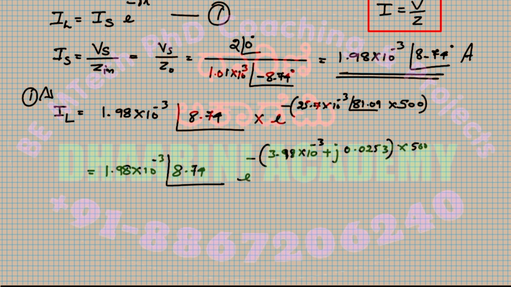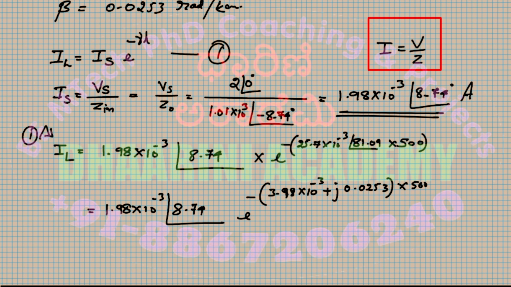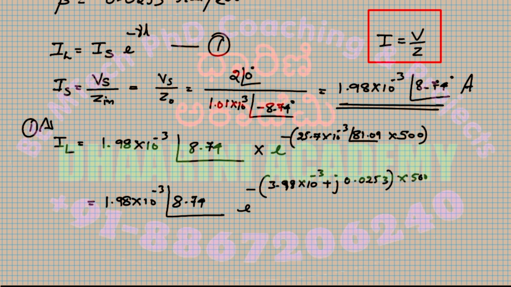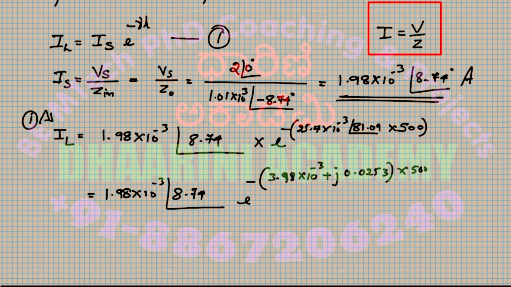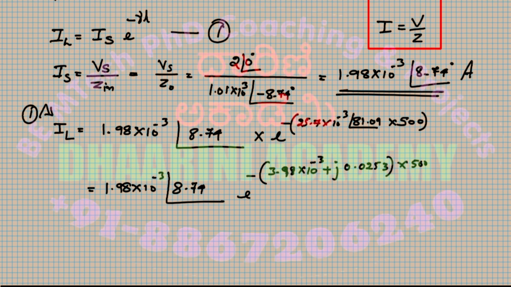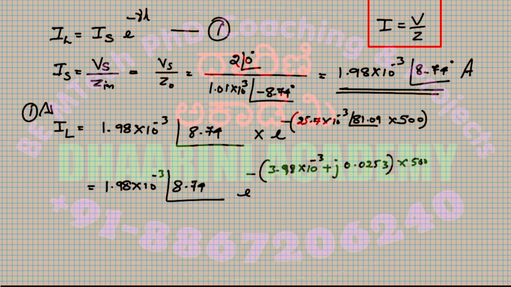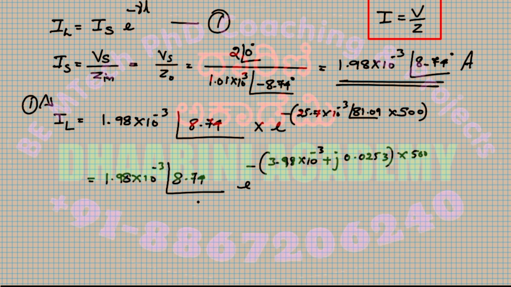Just to solve this problem, I don't need this complete answer, first of all. Why? Because in my ultimate equation, the final value of the power calculation requires current square into the impedance, correct? Current square is nothing but the magnitude of the current only. I don't want the whole current equation, so since the calculator is not calculating it, I'll write the magnitude